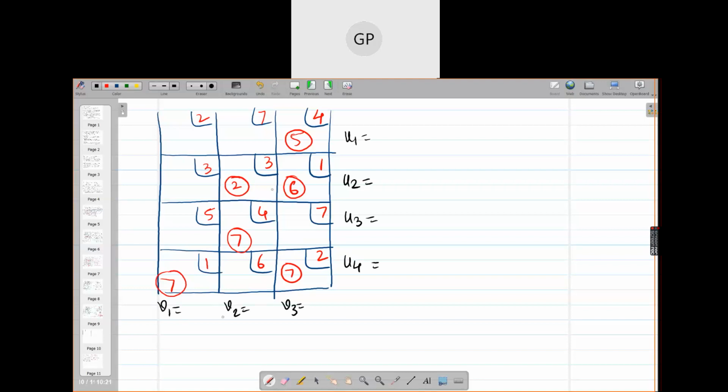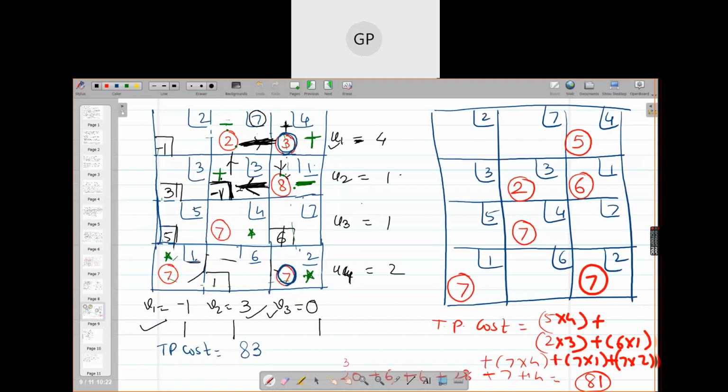Which variable will you set equal to 0? First of all, you need to check the non-degeneracy also. Because sometimes what happens, here only one cell became unoccupied. See girls, here the number was 2. Can you see this? I'm back to the old page. Here there is 2 and here the number is 8. So the numbers are different here, and that's why only one minimum number will appear.